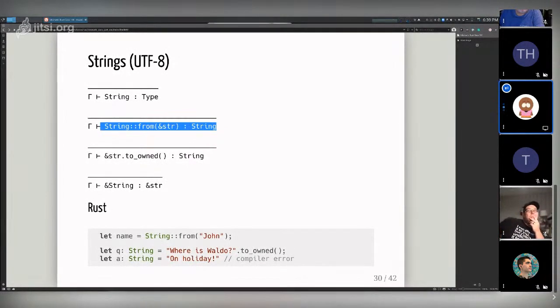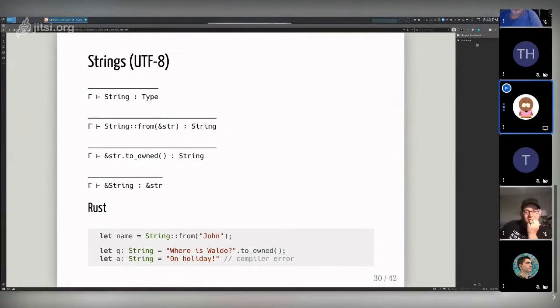But you can imagine, if Rust had a REPL, right, and I were able to type in String::from of some str character and analyze the type, it would be String, right? And that's effectively what this is saying in a formal language. Hopefully that makes sense.